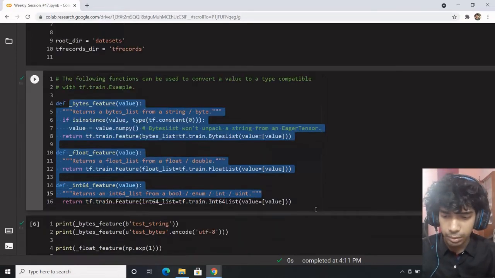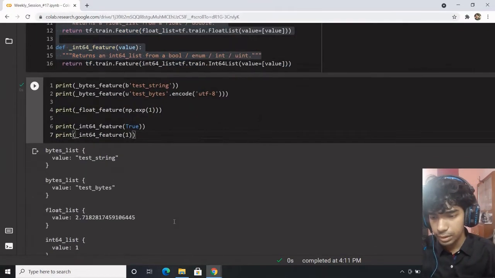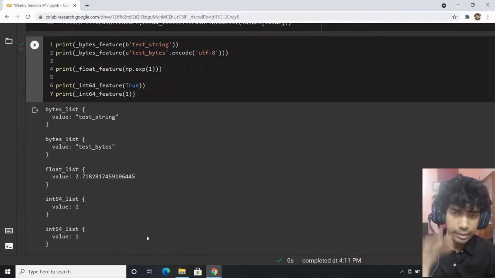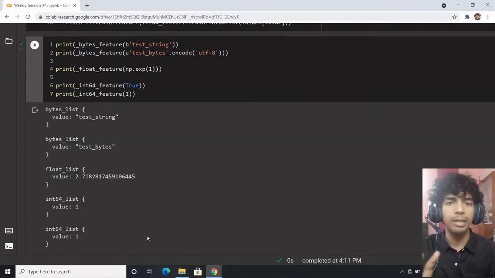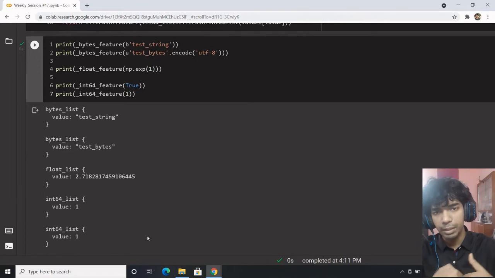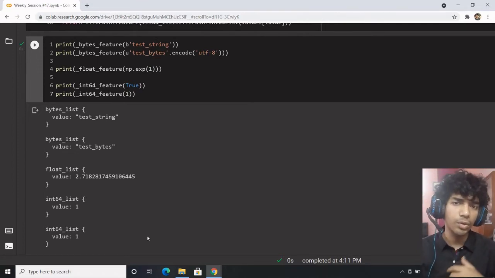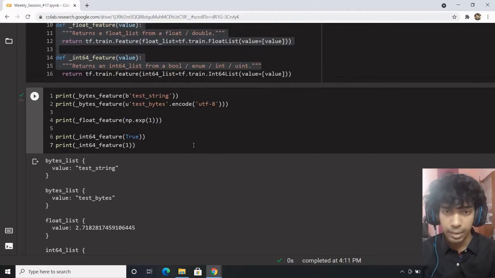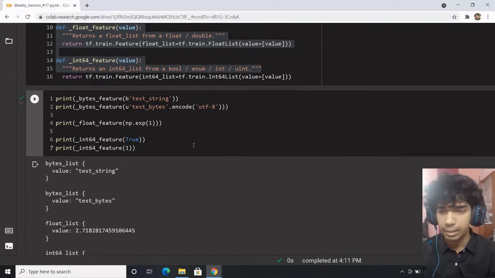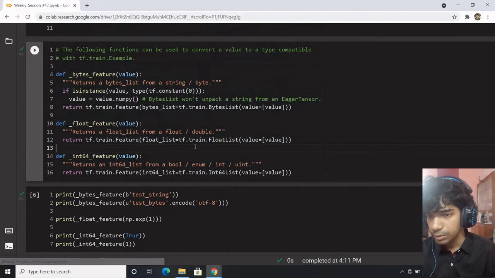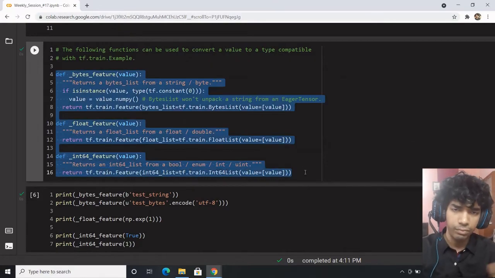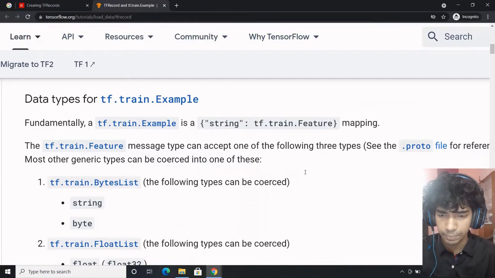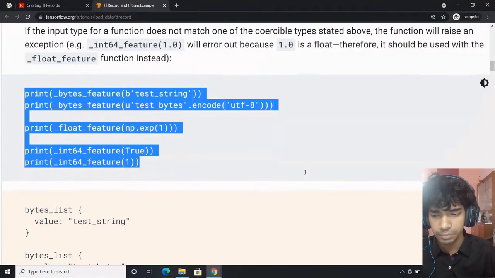Using multiple of these features, all of these go under one example. So an example is built on top of features; features are the building blocks of an example. If you want to have examples, you need to have features, and using features you will be able to build examples. That's what we are trying to do. But to simplify the process, they have defined a few utility functions. Now let's proceed.